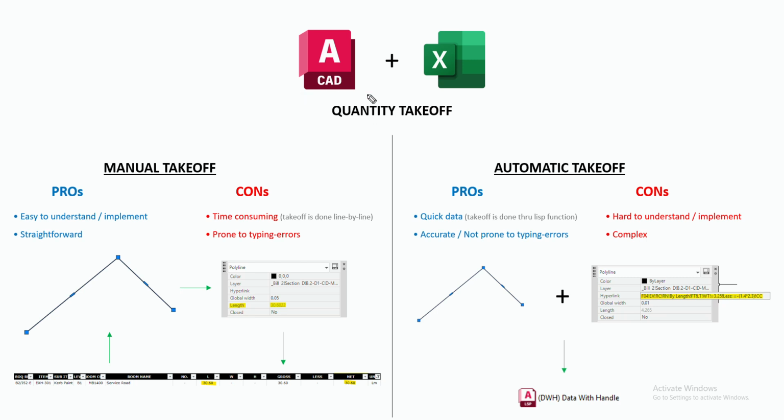Okay, so this is just to share a method in quantity takeoff using AutoCAD and Excel. So basically, there are two ways in doing a quantity takeoff. It's manual and automatic. So just to explain briefly, the manual or conventional way of taking off using these programs is basically we do